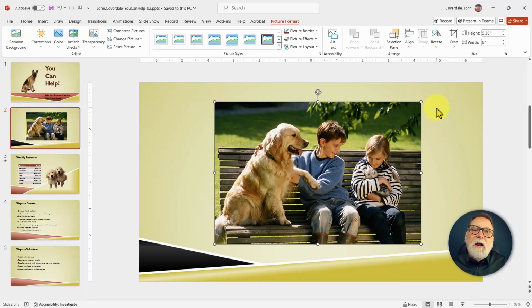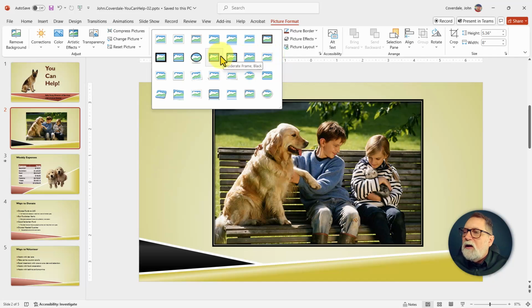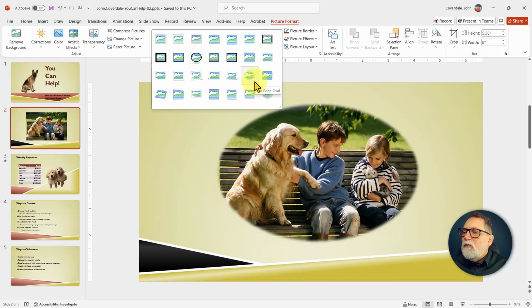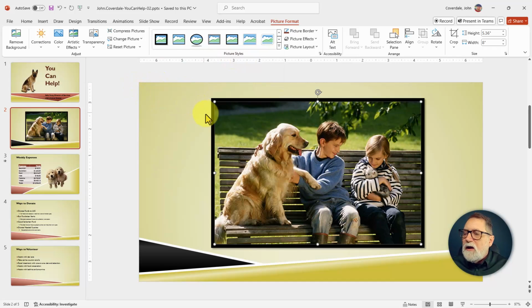We want to add a frame around the picture. It's going to be kind of a dark outline. Let me open up the drawer here that has all of our picture styles, and I'm going to just move my mouse around, and you can see that we get a preview of the different styles of effect that we can get. We're going to go for this one right here, moderate frame black. So go ahead and choose that one, click it one time, and make sure that you have that black outline